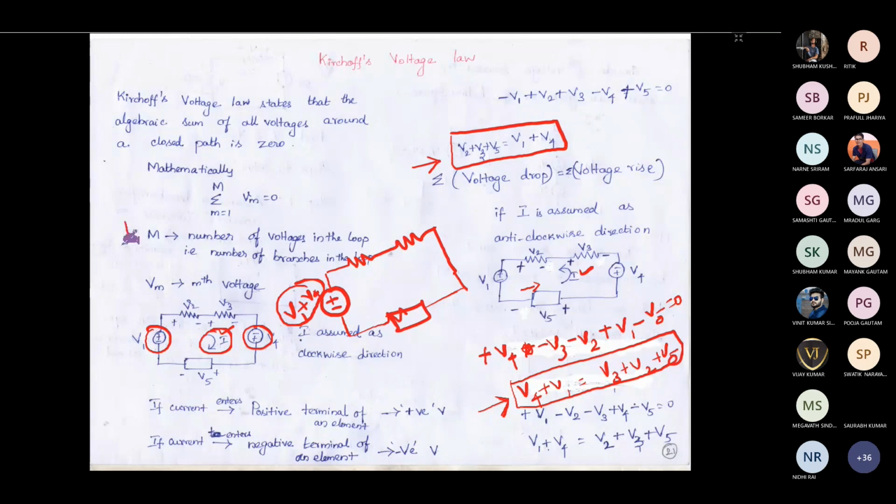It is like this actually. If you see it, it is like this. Since the polarities are the same, I have added like this. Okay, in case V4 is plus and minus, instead of like this, if it is like this, then how it will come here is, it will be,